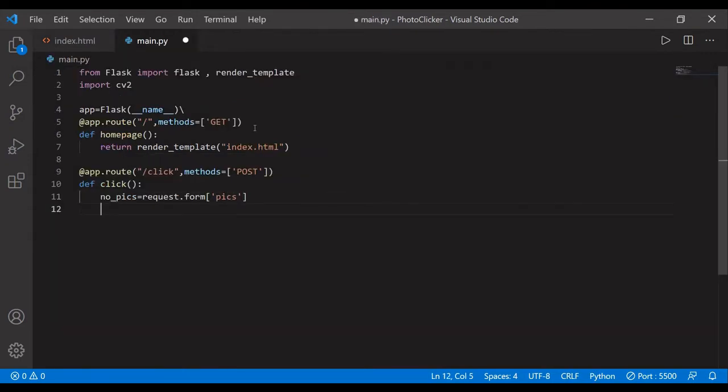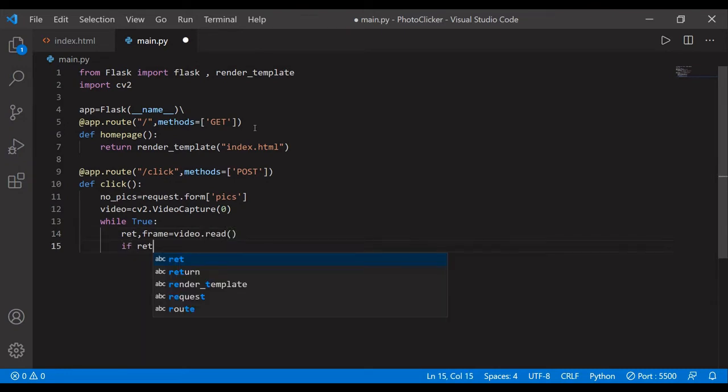After that we have to run our video. For that we have to use cv2.VideoCapture, and it is similar code to what I already explained in my previous video. It will return two things, ret and our frame. Now we have to read our video. After that, if our ret is equal to true,